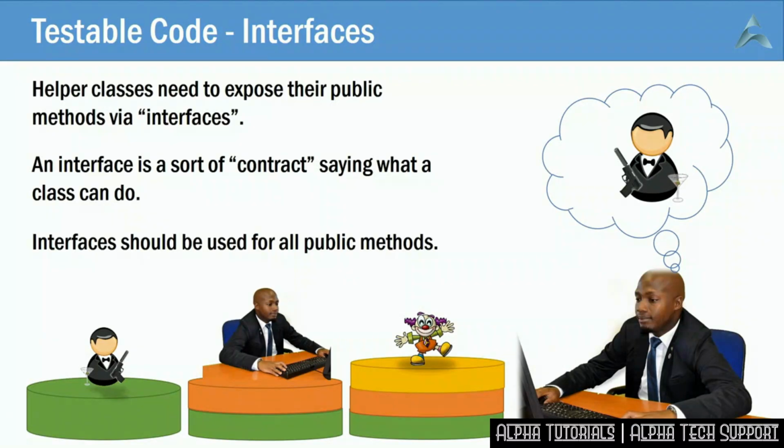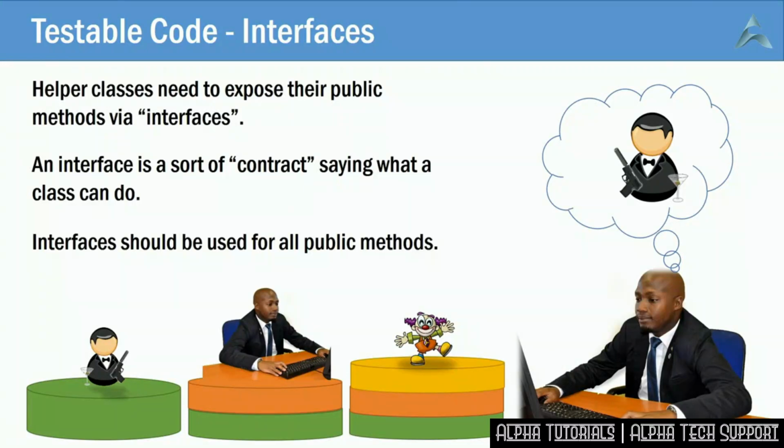You need an example. When people first see an interface, they think this is odd. It looks like a class, but there's no code. What's going on here? An interface is a sort of contract saying what functionality is available. The example I give is an accountant. You can see him in the slide. He's got several interfaces. One of them is accountancy interface. In his day job, the company only knows what he can do as an accountant. They don't know anything else about him. They don't care what else he can do. They just need him to be an accountant.